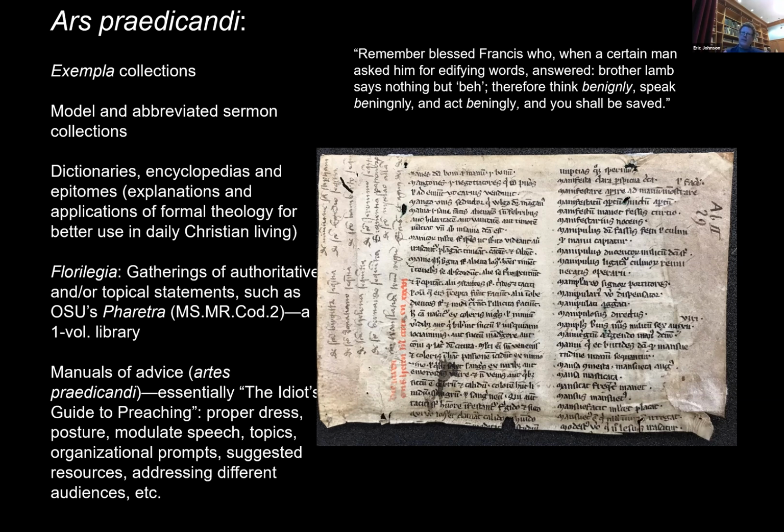This is the kind of hokey but funny stuff, and very, very useful and clever stuff that a lot of these kinds of preaching and pastoral manuals incorporated. It's easily memorable. It might get a laugh out of your crowd. I doubt any of you laughed at my attempt to sound like a sheep. But it gives you a sense of the kinds of things that are packaged here. So it's not just high Latin thought. It's not just high structured church thought. It's all of that, but it's packaged and developed in a way that is meant to be appealing to a